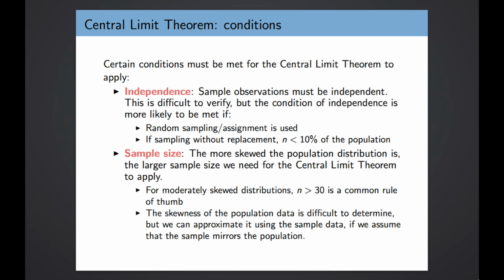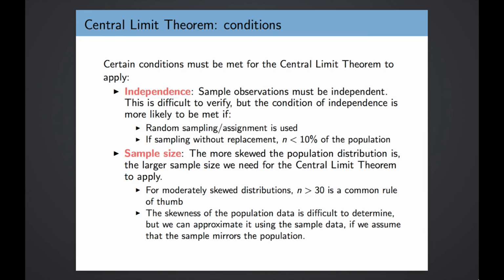The other condition that we need to take into account is the relationship between sample size and the skewness of a distribution. So remember, we can use the central limit theorem for any distribution. We can use it for a uniform distribution, a bimodal distribution, distributions with all sorts of skewness. But if the distribution is skewed, we're going to want a larger sample from that distribution in order for the central limit theorem to give us these consistent estimates of the mean. So for moderately skewed distributions, we want a sample size of at least 30. That's our usual rule of thumb.